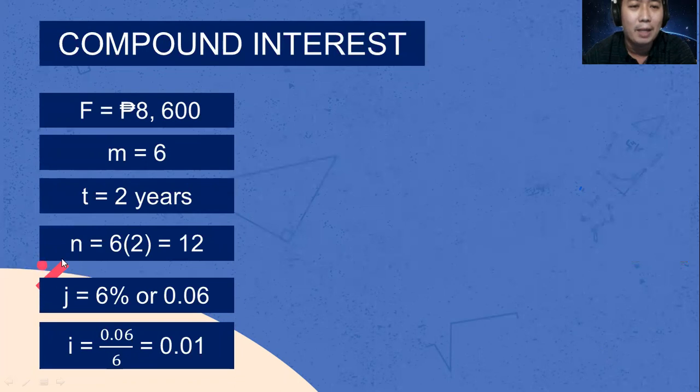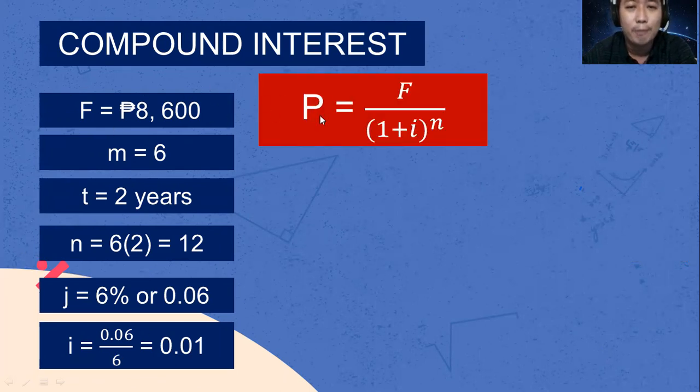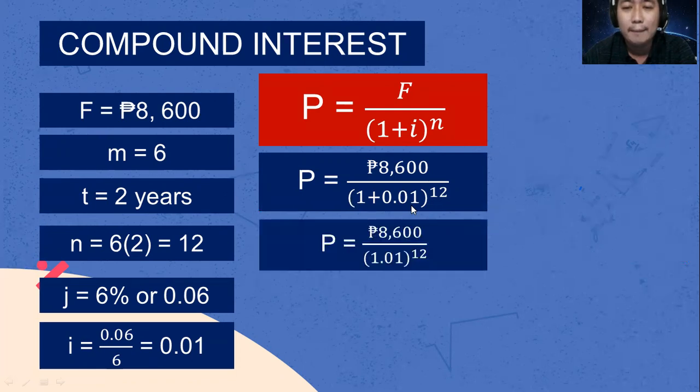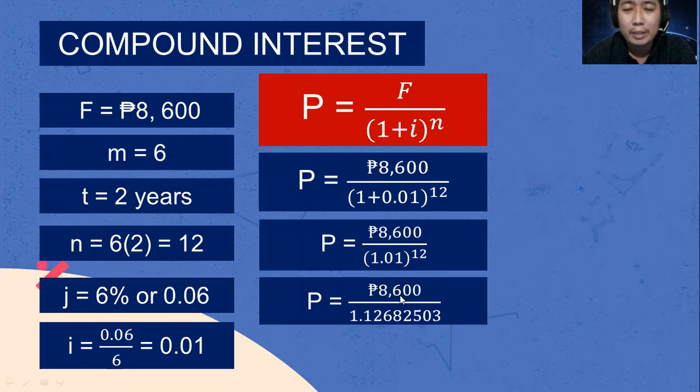Let's now solve the principal amount. Since we have the given, here are the given. So we are going to substitute the given on the formula, and it goes like this. F is 8,600 pesos. I is 0.01, then n is 12. Okay? We are going to add this one first. 1 plus 0.01. Again, add 1 plus 0.01. The answer is 1.01 raised to 12. The next step is we are going to raise 1.01 by 12. We are going to simplify 1.01 raised to 12. And the answer is